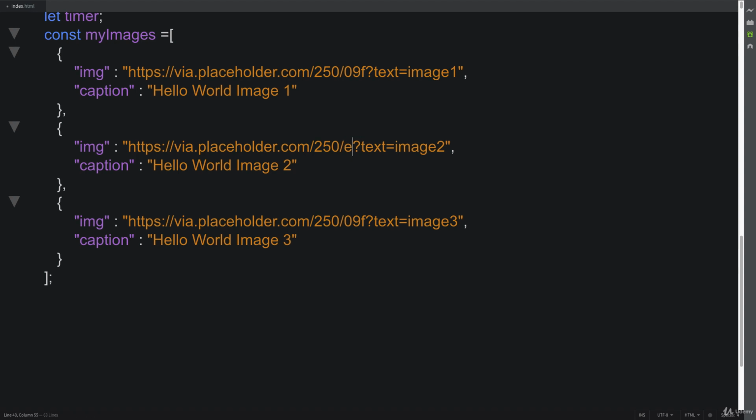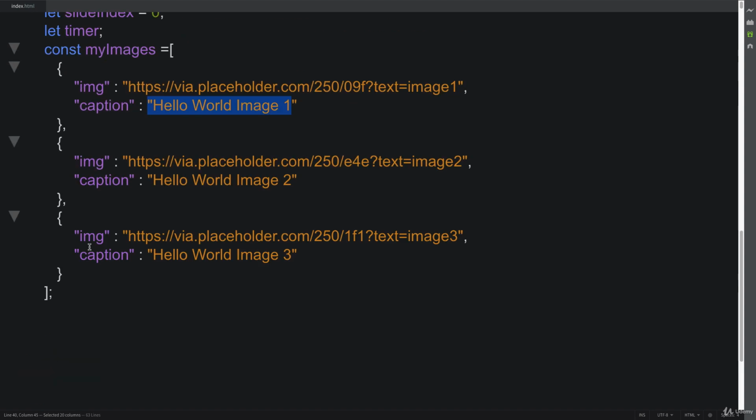So this one will update the color, so it's a little bit darker there. Let's set it up at 1F and see what that looks like. You could customize these, and obviously you're going to have your own images that you're going to be placing within this object, and this is going to be fully dynamic. So we're going to build out the content of the page, all of our slide content, using this myImages object array. So placing in the path to the image and adding in a caption, and you can add as many of these as needed. So once we've built that out, we're ready to build out all of our content,